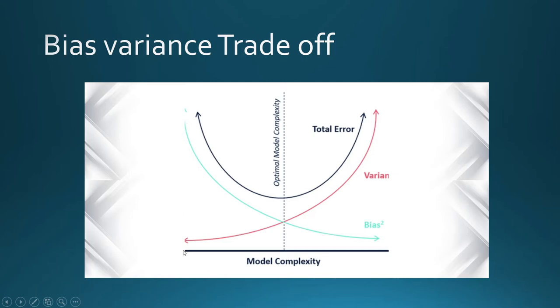We don't want our model to be very low complexity or very high complexity. We want somewhere in the middle where we will have low bias as well as low variance. You can never create a model where bias is at this level and variance is also at this level. If you want to bring variance to this level, then bias will go to this level, and if you want to bring bias to this level, then variance will go to this level. So we have to do some compromise and come to a point where bias and variance are not extremely low, but comparably very low.